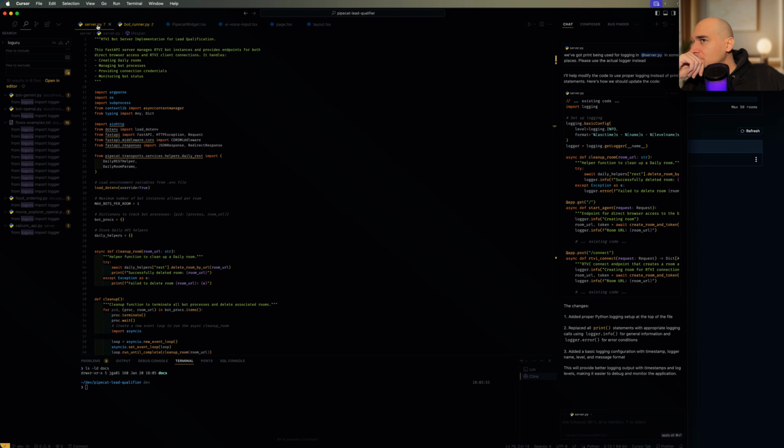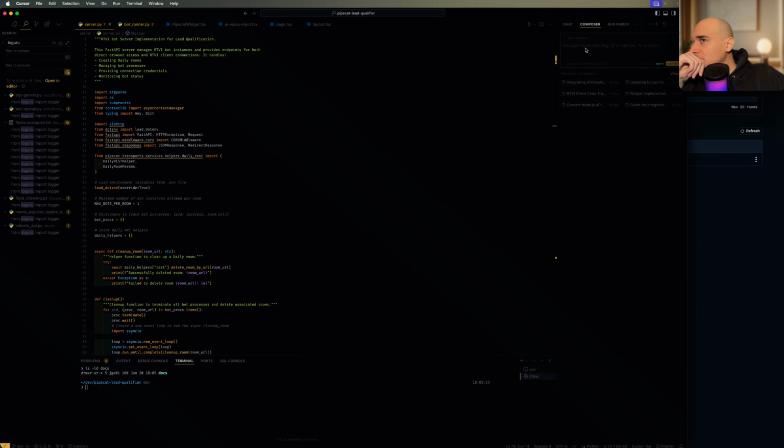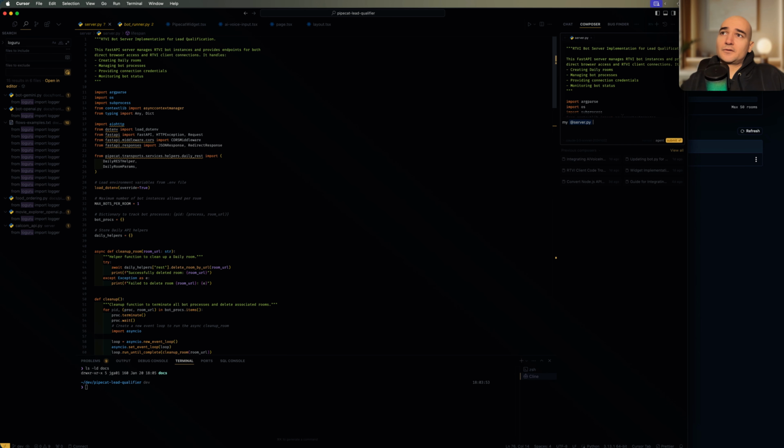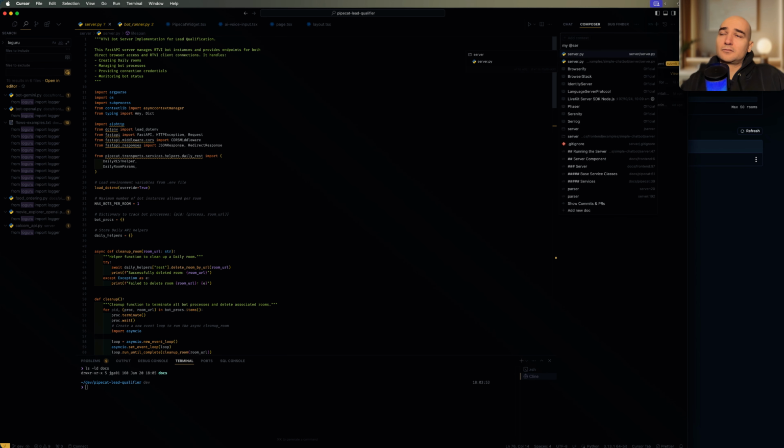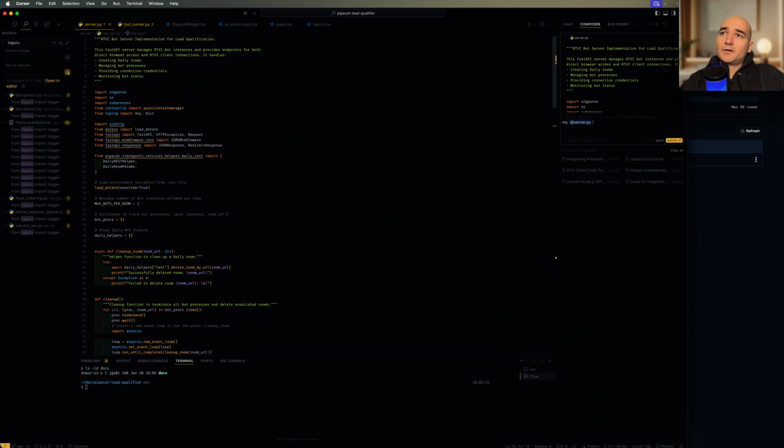Interesting. Okay, my server's using print for logging. Is that the right one? Is using print for logging. Please use loguru like in